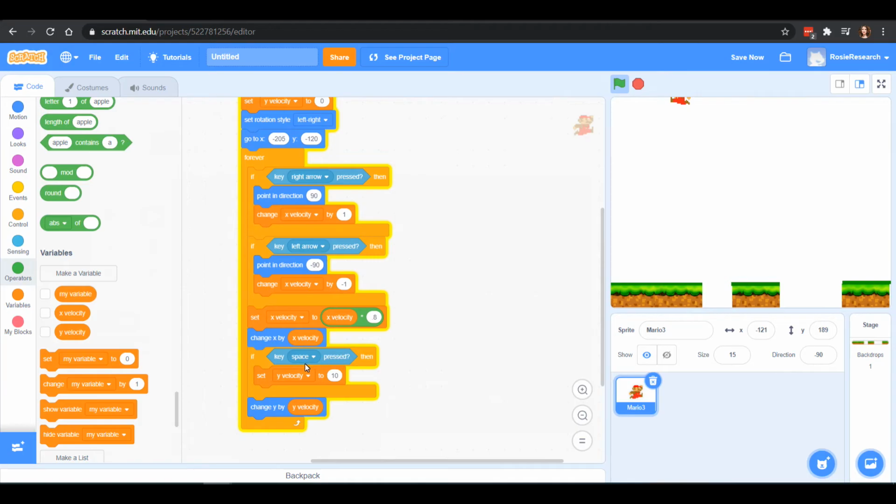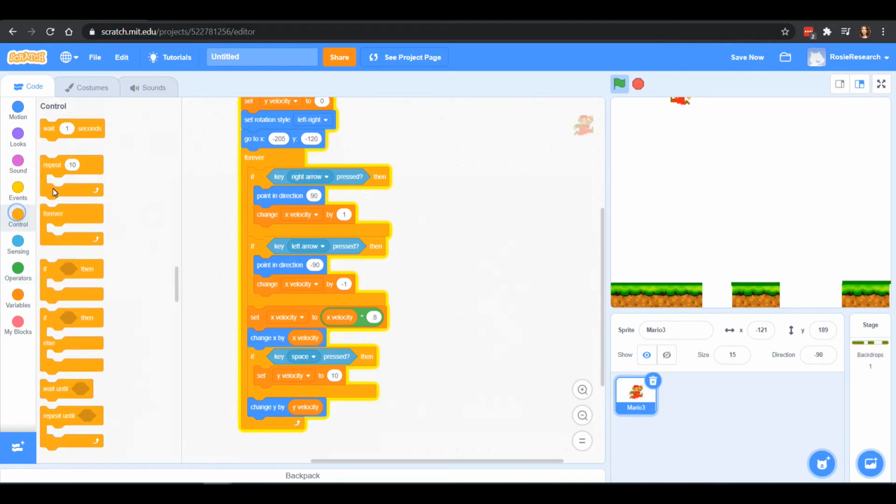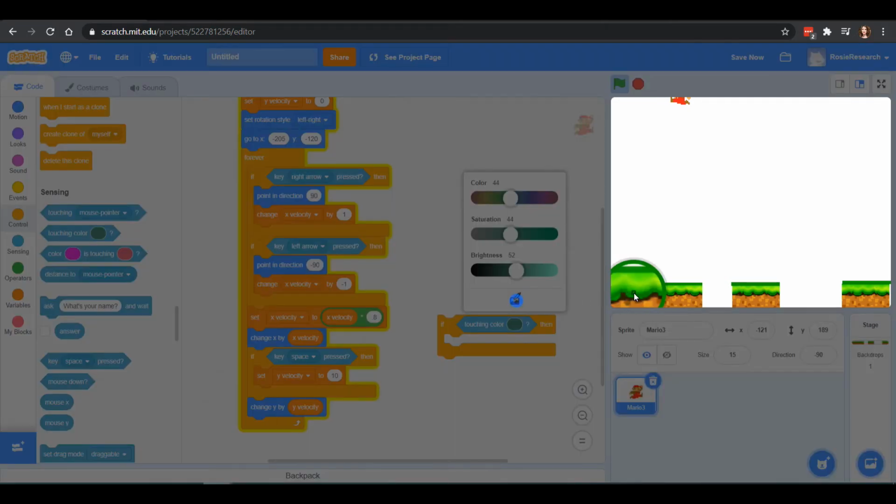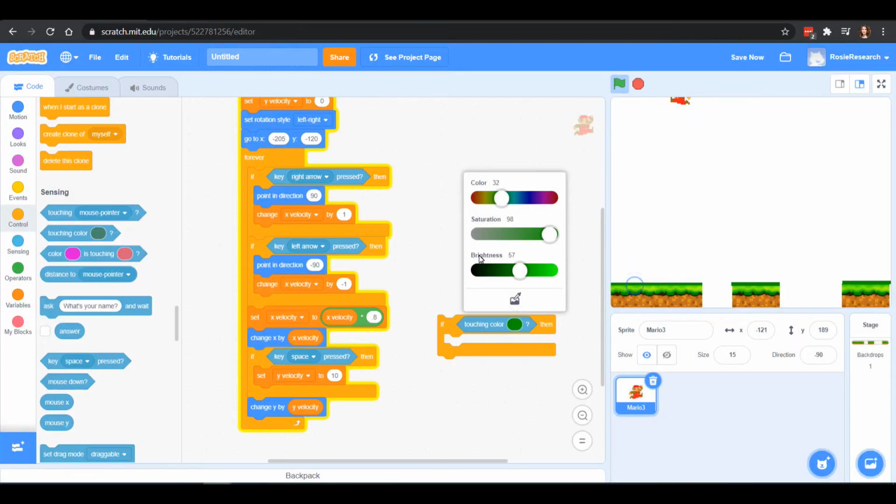All right, so we have this, if key space is pressed, let's set the y velocity to 10. But what I also want to do is check if it's touching something. So if Mario is touching a color, we'll bring that in, and we can use a little eyedropper to really get that perfect green there.